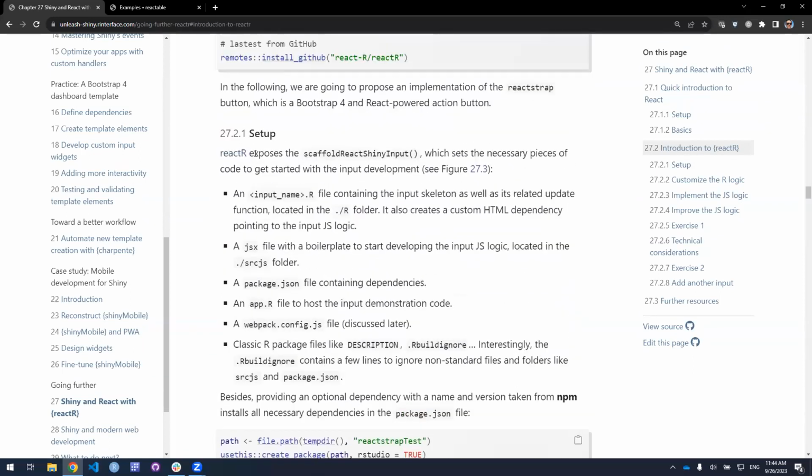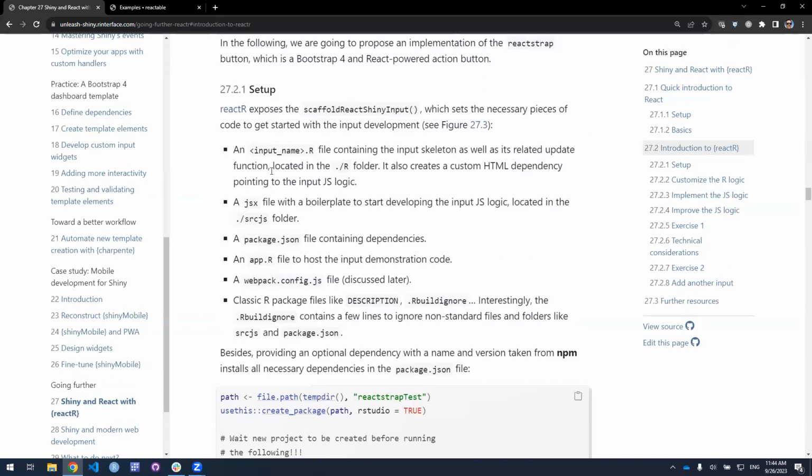So reactR is, at least for our purposes at the get-go, for setting up. Let's imagine now we want to create a component in React that's made available in R and Shiny. How would you go about doing so? reactR has this scaffold React Shiny input function, which is like Golem, at least in spirit, but maybe more like